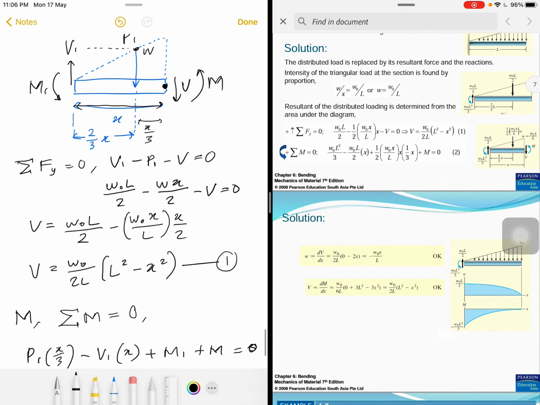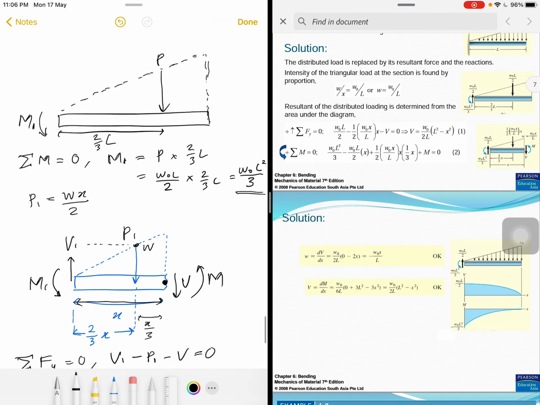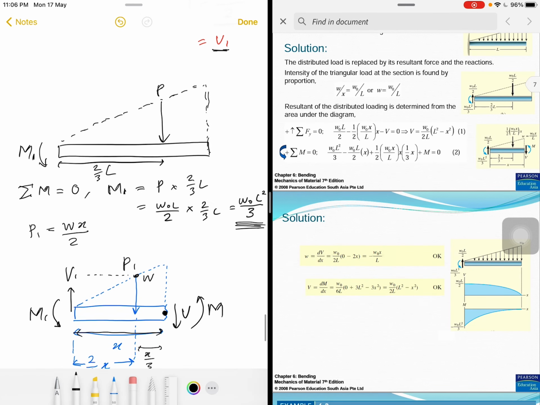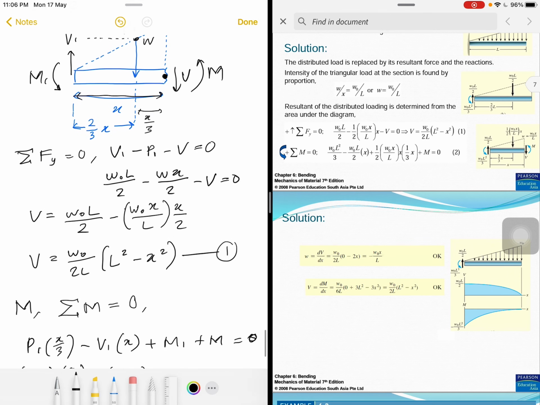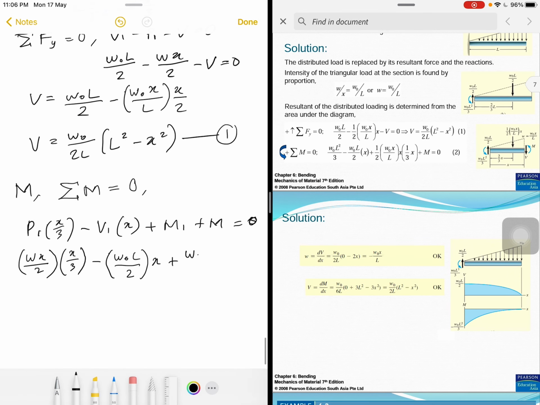M1 is equal to M1 right here, W naught L square over 3, plus M equal to 0, and M is equal to,